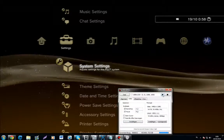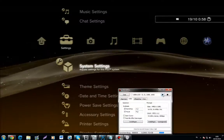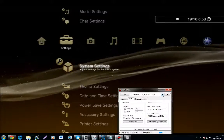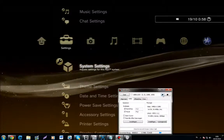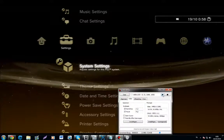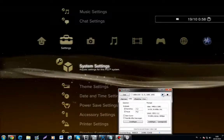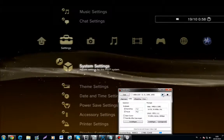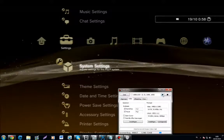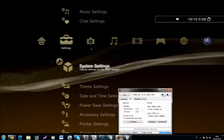This is Chris Crew, and today I'm going to show you how to update from 3.55 DEX firmware to a 4.60 modified firmware. The modified firmware is actually a custom firmware, just modified for a different firmware type, I should say. So, for instance, this is 4.50 either DEX or ITA, however you're going to pronounce it, and it's modified to 4.60, aka spoofed, but the spoofer is built into your